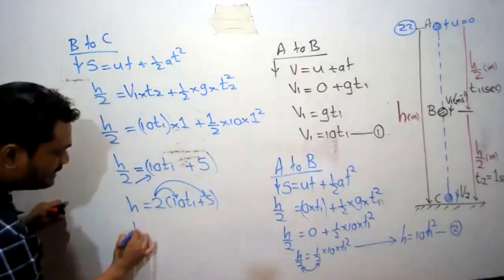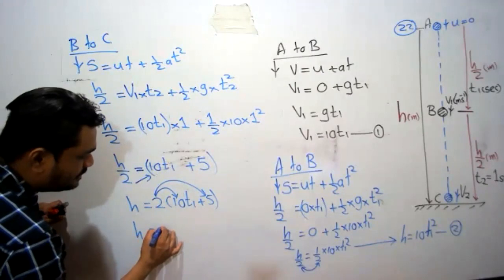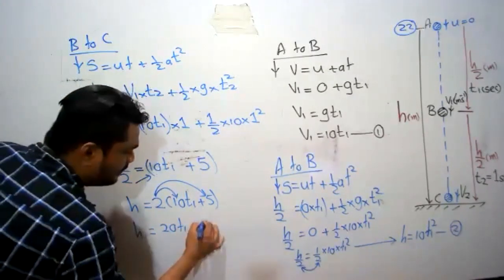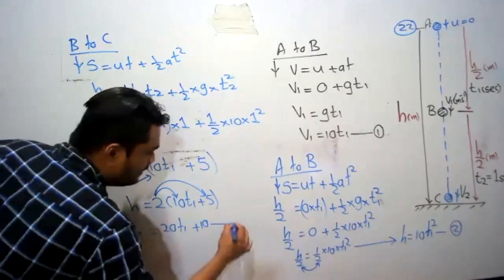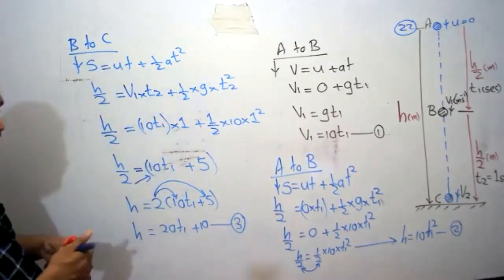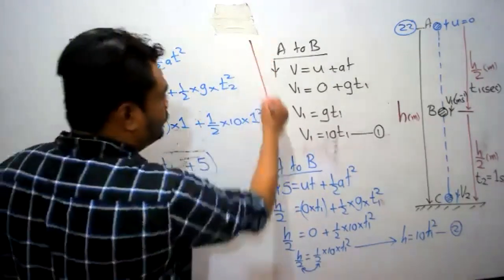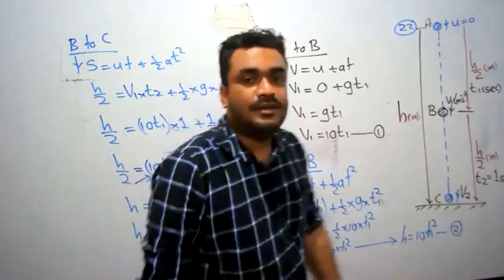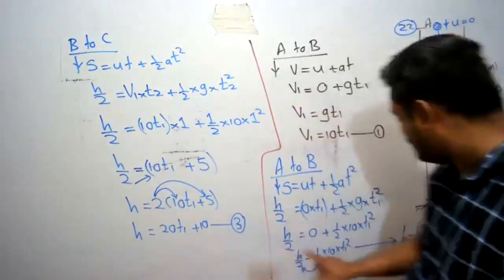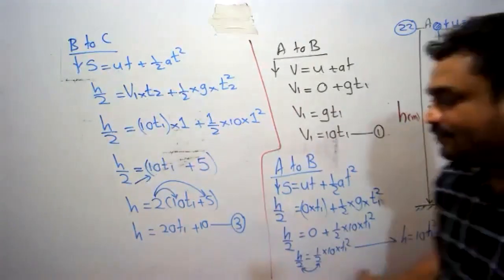Then I get H equals 10 times 2 is 20, T1, plus 2 times 5 is 10. Let me mark these as equations 1, 2, 3. Now try to combine equation number 3 and equation number 2 and find the value of